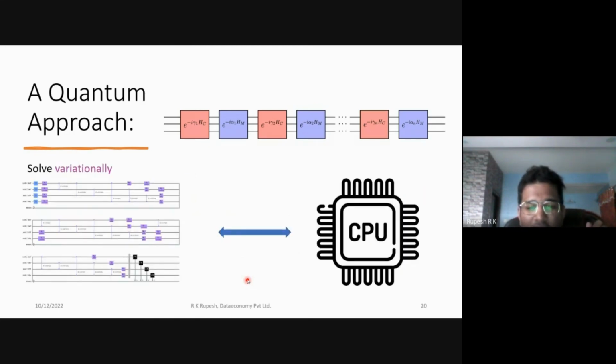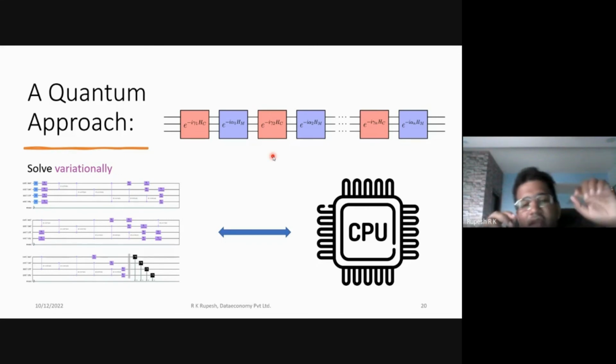And then finally, we solve this problem variationally. This is something a lot of people have talked about in the same session. I think Vishnu's talk was talking a lot about the variational methods in quantum computing. And so we use a very similar approach. We have the ansatz and everything set up, and we have these alpha and beta, or gamma, parameters, which are essentially the step sizes that we take in this abstract Hilbert space.